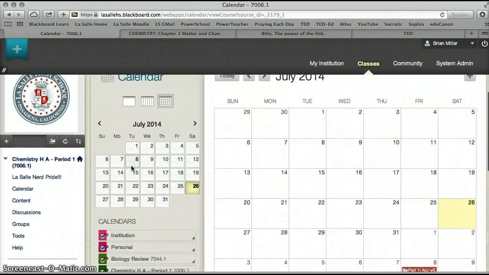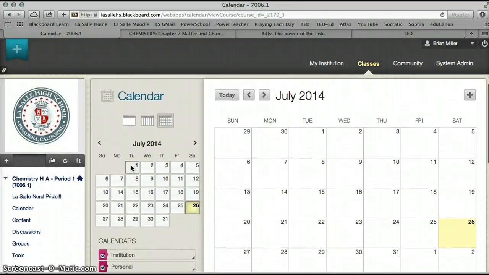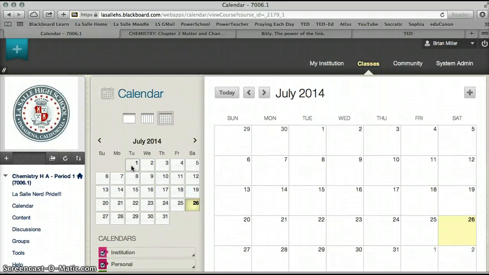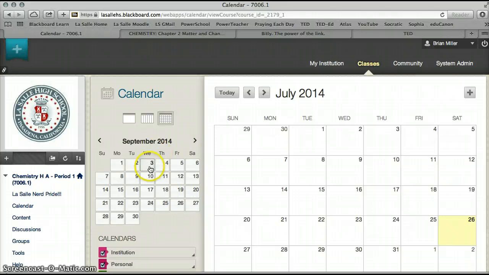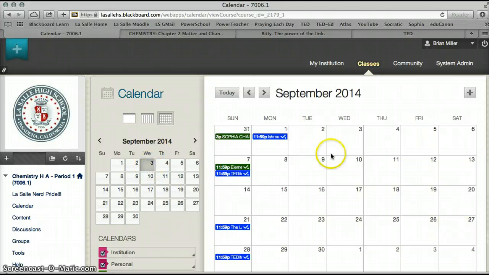And I'm going to actually add something to the calendar telling students that that handout was due in class, or that anyone who takes it at home and prints it at home knows that they have to turn it in. So what I'm going to do is I'm going to go to September 3rd, which is the scheduled date that we will take that, and I'm going to choose that date, and I'm going to come over here to plus,